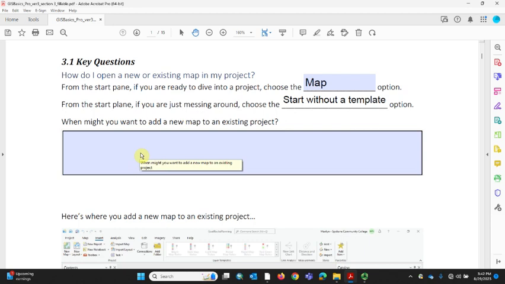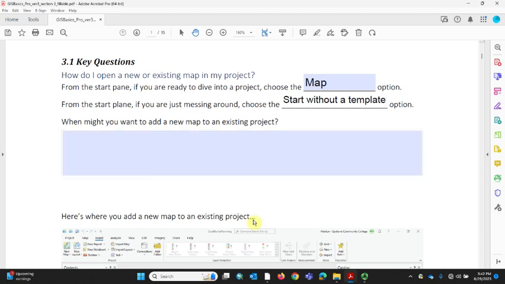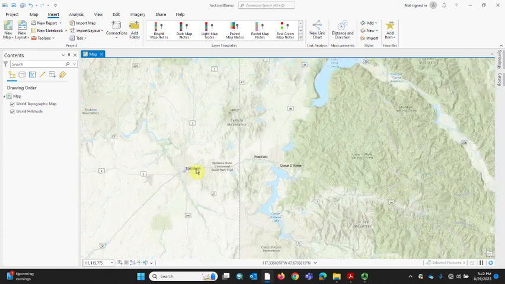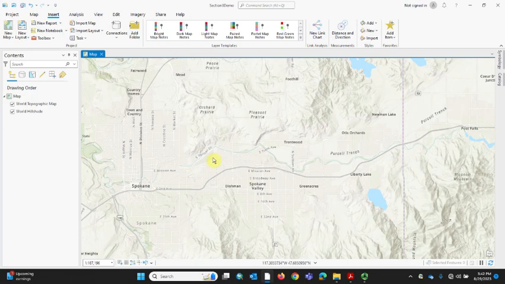So let's pop back to our key questions. When might we want to add a new map to an existing project? When you start a project with a map, it's going to have that base map just like we looked at, and we may want to have multiple maps within a project that focus on different areas. For example, if I were creating a map that highlighted community colleges in Washington with a focus on Spokane Community College, I might want to have one of my maps just include a bunch of details about Spokane Community